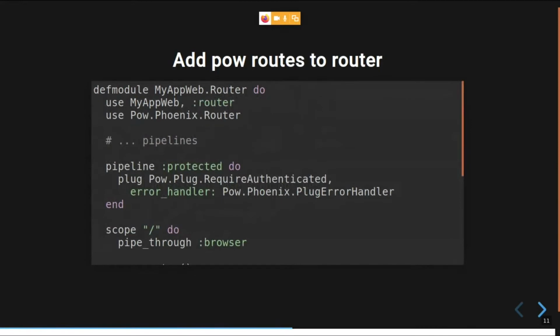Then next is adding the routes to the router. Here also a very basic configuration is required, and I remind you that these are all there in the output of the mix task, so only copy pasting is needed.